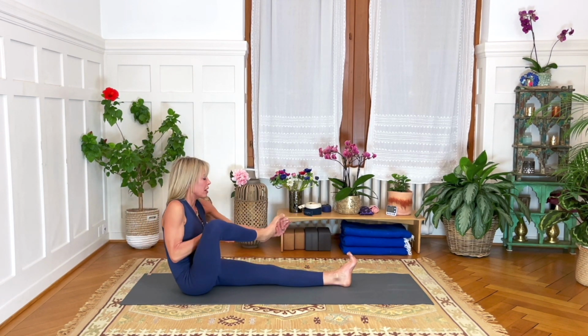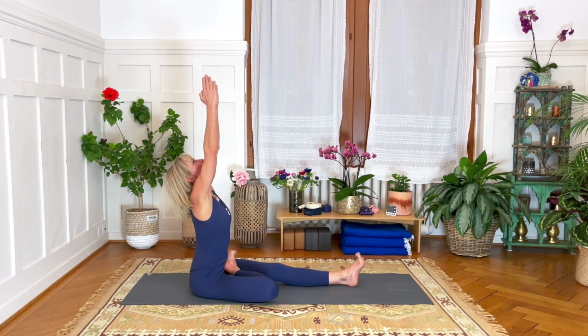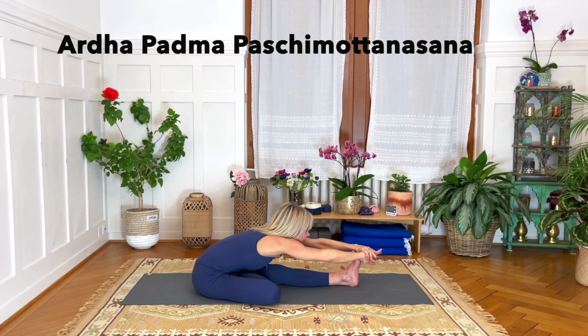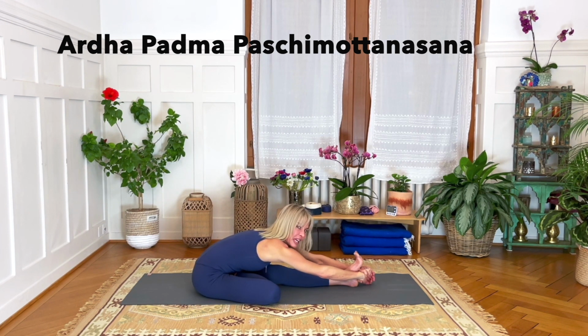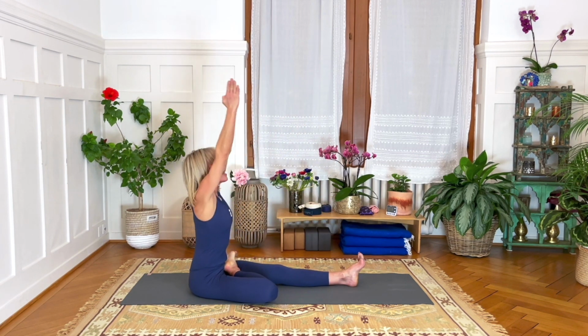Right leg into Padmasana. Extending the arms up, Urdhva, and forward. Ardha Padma Paschimottanasana. Pulling with the hands and extending. Re-extending the arms, inhaling up